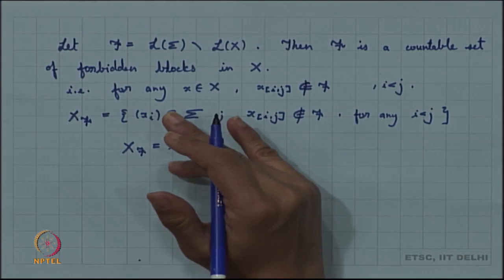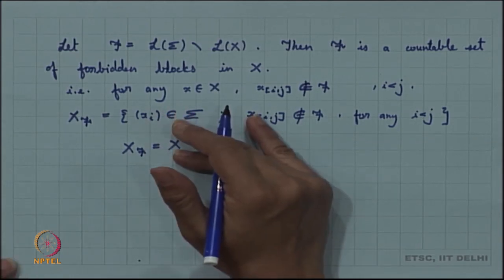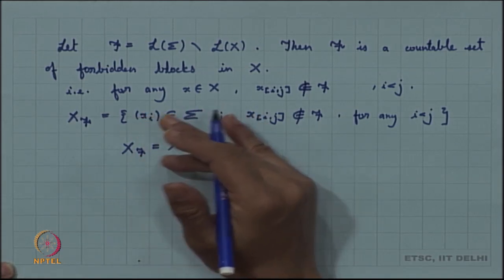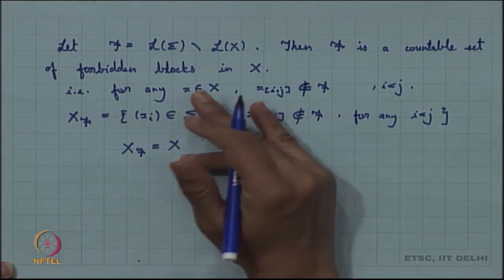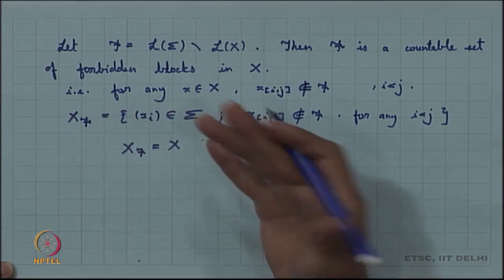We now have a subshift X, and our subshift can be given in terms of some kind of a countable set of forbidden blocks. So any shift can be defined over forbidden blocks. So it can be defined in terms of a language, in terms of forbidden blocks. So any shift is defined over forbidden blocks, and so we can say that this is a shift. Basically we can define the subshift over F.